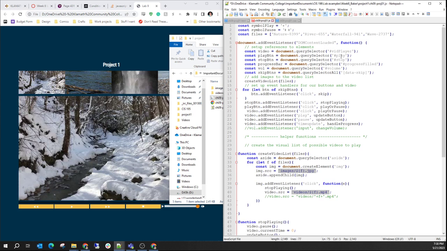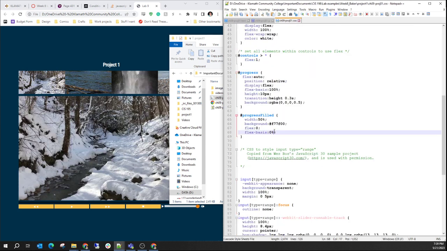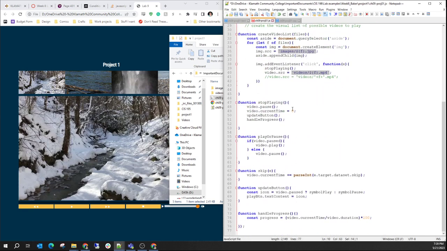We are going to grab our progress bar, which goes out and grabs this progress filled, which is currently set to 0, and we're going to adjust that style. So we're going to say that the progress bar style of flex basis should be equal to back quote, so that is directly to the left of the 1 key on your QWERTY keyboard, not your number pad, your QWERTY keyboard. And then $, bracket,